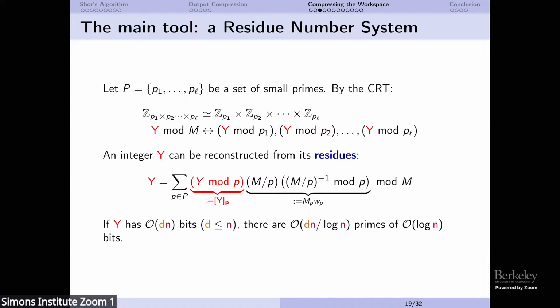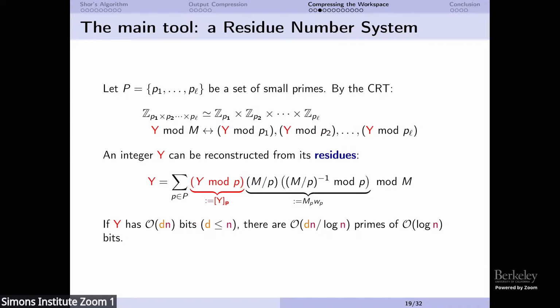I'm going to start introducing notations for all these large cofactors, but the idea is that everything that is not in red is pre-computed at this point, pre-computed constants in the whole algorithm. This is an integer, a big integer that we reconstruct from the residues, and this pretty much depends on our input.